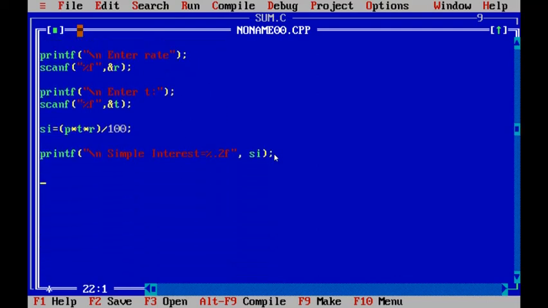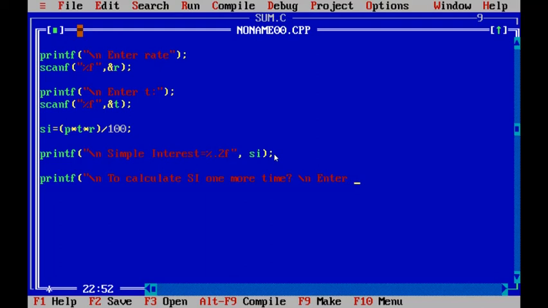After that, we are taking the choice from the user. printf, double quotes \n, to calculate SI one more time. Enter \n.